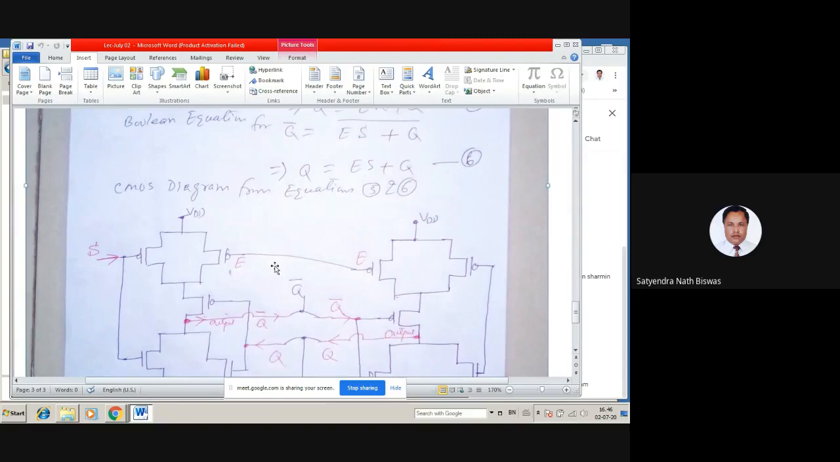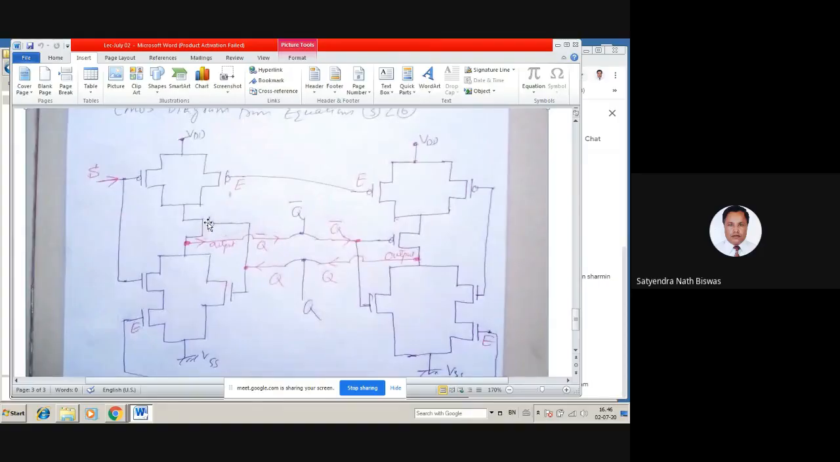So now in here is a Q in series, so this gate, and in here is parallel, so that will be input Q here, and that will be input